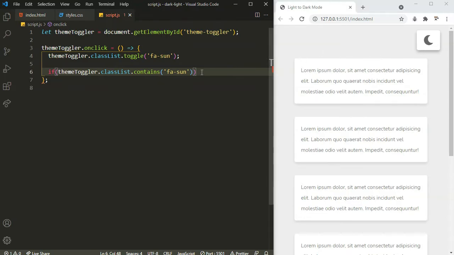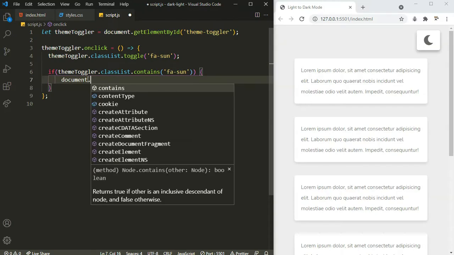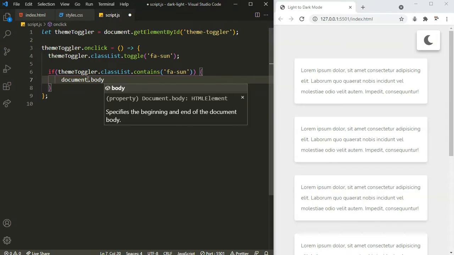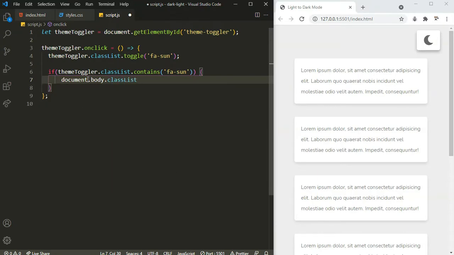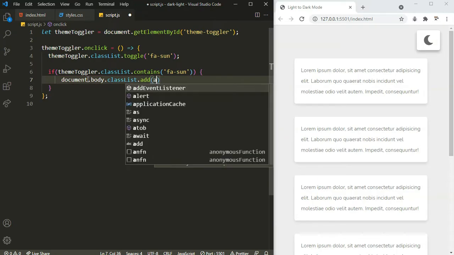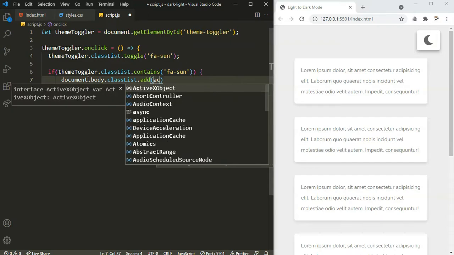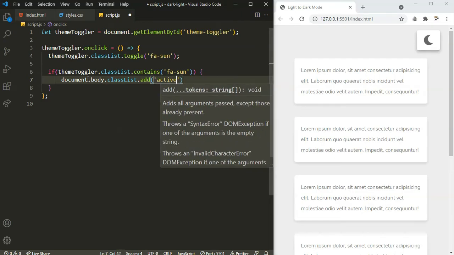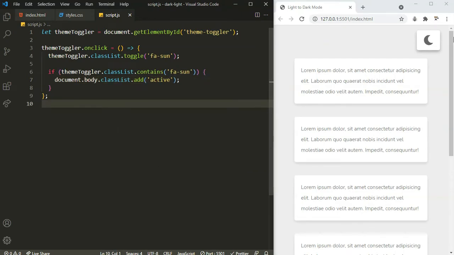So let's work on that. If this themeToggler class contains this fa-sun, I need to target the whole document body, and for the body I need to add a classList.add this active class, meaning the dark mode is currently active. Don't worry, I will define this active class in a bit. Okay, it doesn't work right now, don't worry, that's because we need to add this active class.